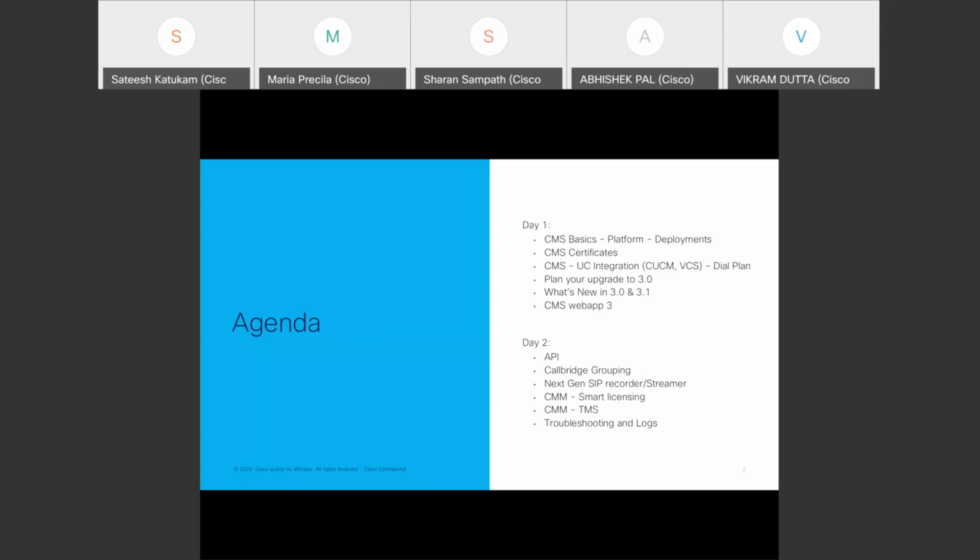and post that we will cover in detail how the new WebRTC app will work, which is also known as WebBridge 3. That's the day one agenda. And day two, we will start with the APIs. Now APIs are integrated into the CMS web interface itself. So we'll take you through the API configuration,